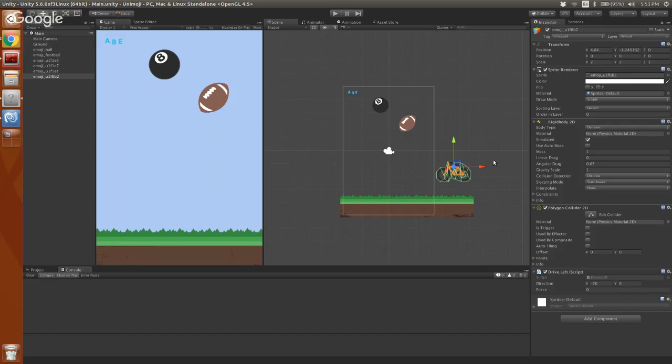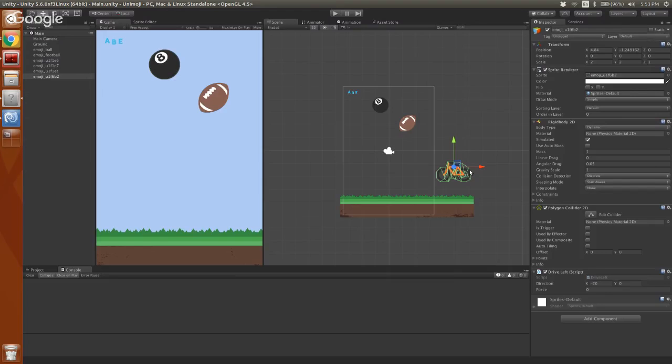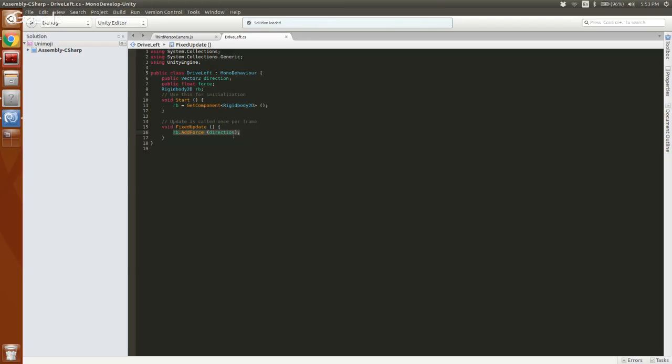This is going to take a little more C# logic, and this will probably be the last bit of code we get into. So if this is very confusing, don't worry, we're not going to dive much more into it. But we just need to delay the movement of this bike just long enough so these balls can fall and it can hit them. I'm not going to use this force variable, so we'll just change this to delay. And then we will make a new Boolean variable, so true or false, and say isActive.